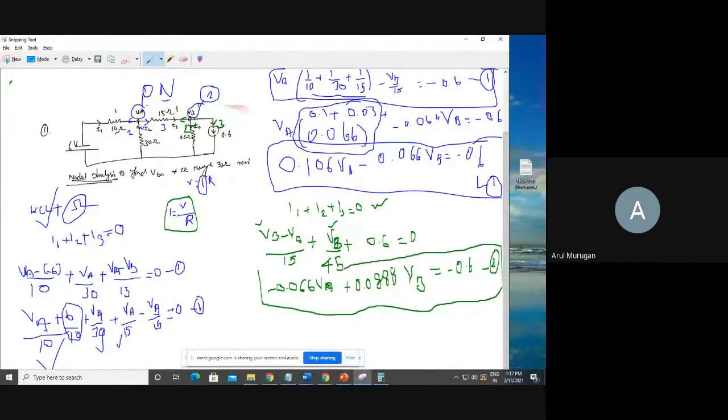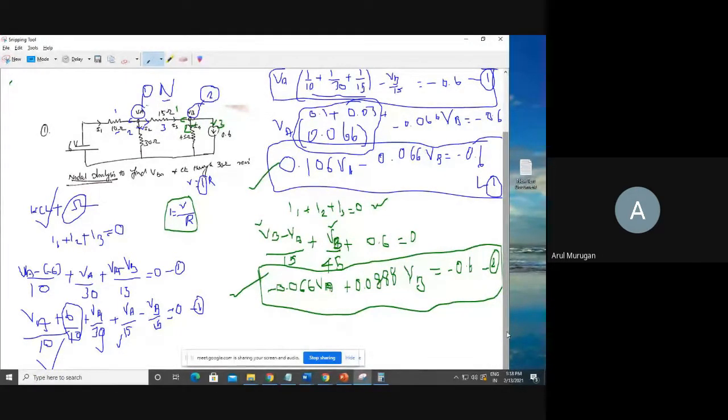The next step: even if you have a calculator, it is very easy to find out what VA and VB are. If you don't have a calculator, then you will want to solve. So you have the two equations completed. Next I want to solve these two equations, but I don't have the space.